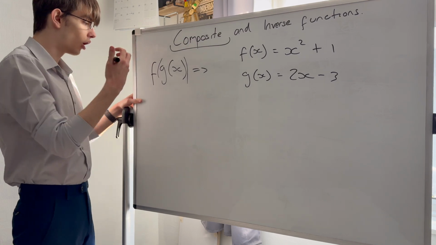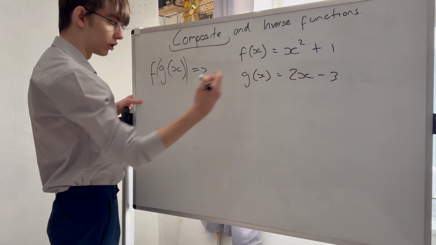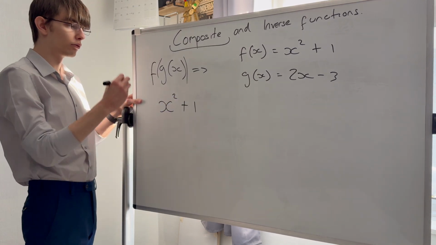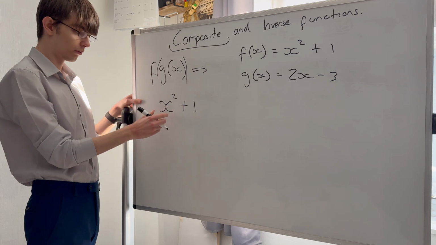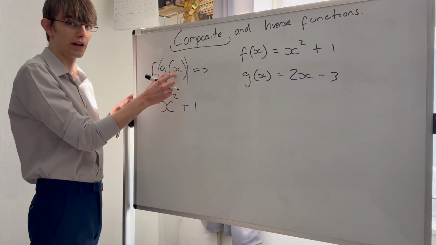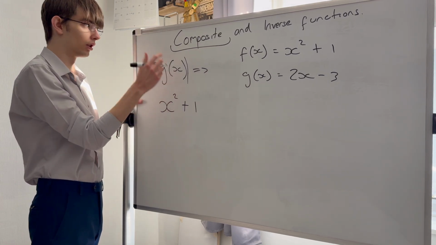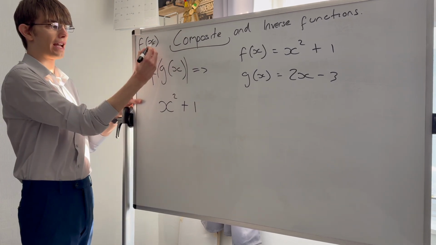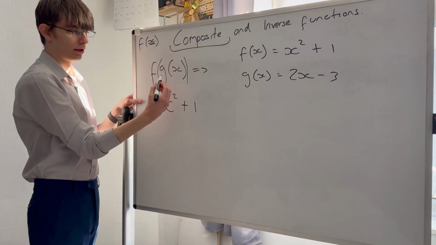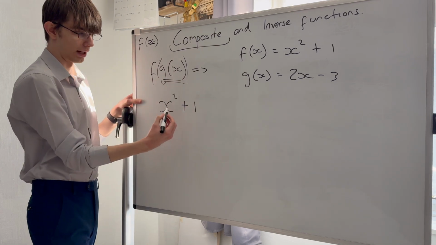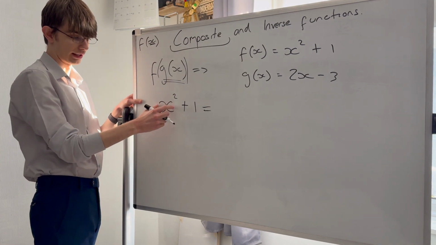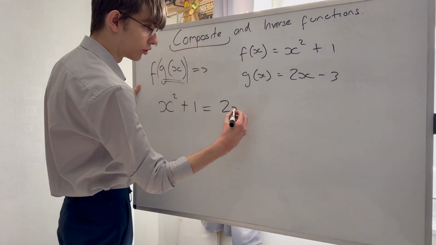So I would take my f function, which is x squared plus 1, and I would replace my input, which is x, with g of x, my new input. My f of x, written as usual, my x is my input. Here, it's been replaced with a g of x, so I'm going to take my x, replace it with a g of x,